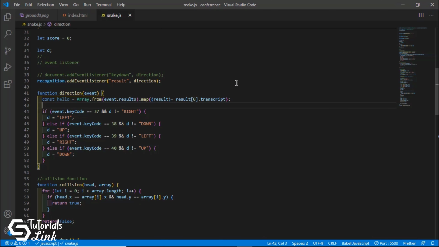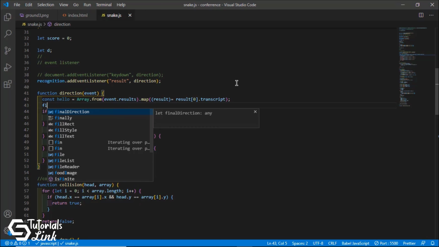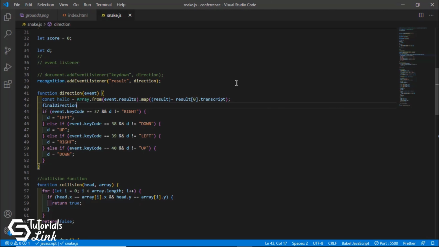So when it is done, we will just get the hello value, and we will see that hello has a string or an array of strings. So we first have to get the arrays, and in that array of hello the 0th index is required. To get that, we have declared a final direction in which we get the hello of 0 index.